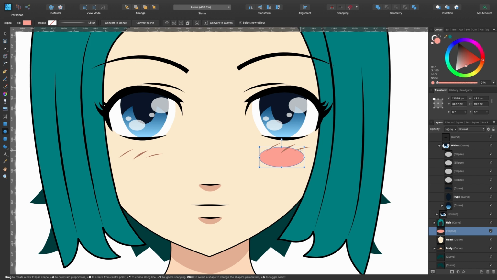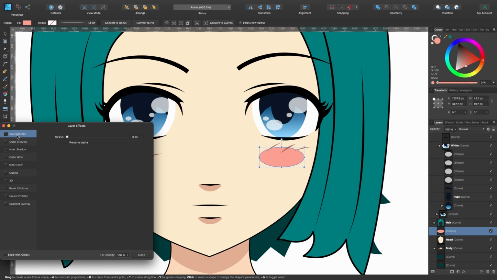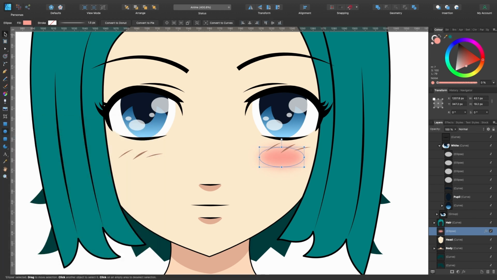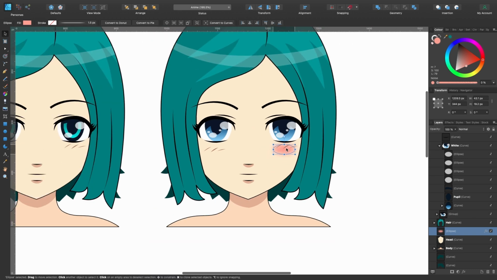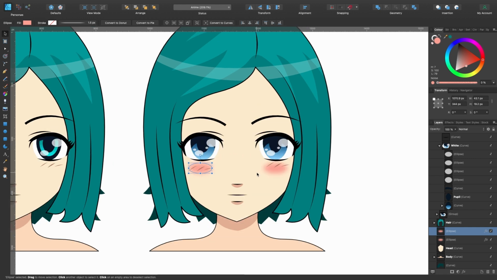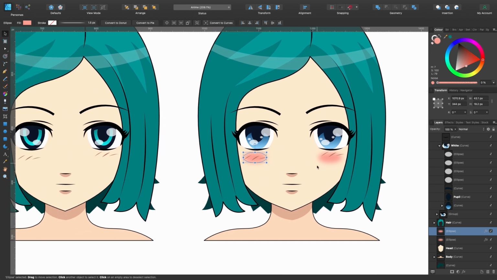We're going to blur this out a little bit. So go down to effects, layer effects down here on the bottom right. Gaussian blur is there, and we'll just drag this slider up to around about here. Now I'm going to press on the move tool. I can position it, and then I'll just duplicate that, Command J. I'll click and drag that off to the other side as well. That looks pretty cool. The next thing, I'm going to change the mouth.